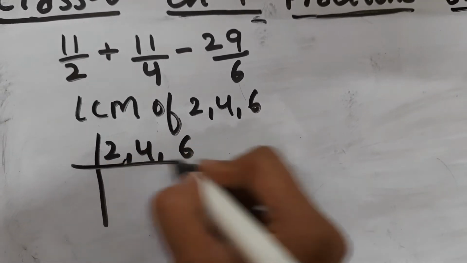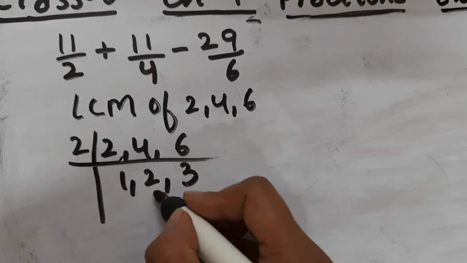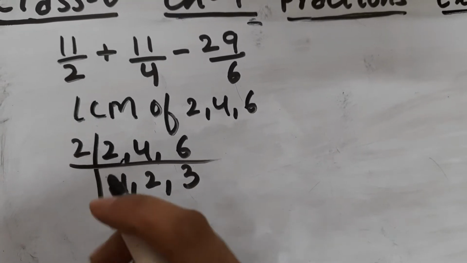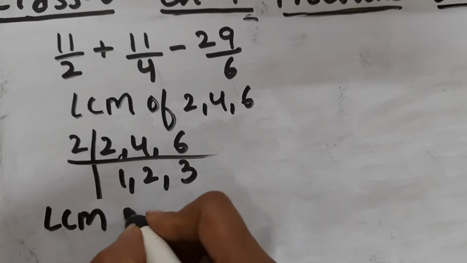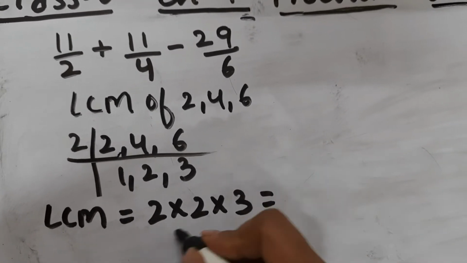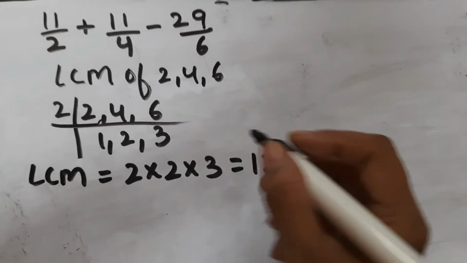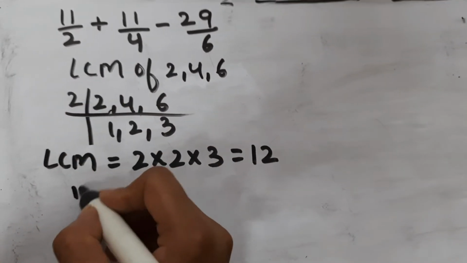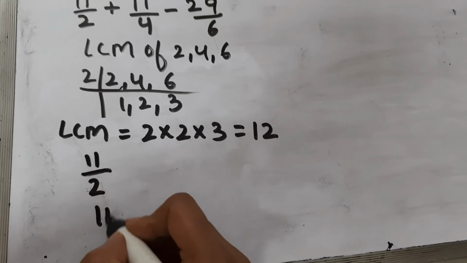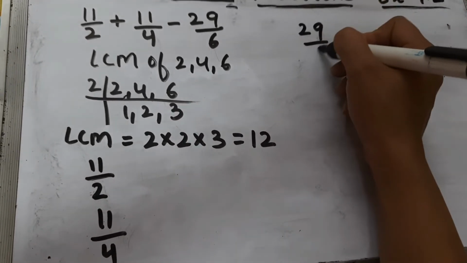See, 2 1s are 2, 2 2s are 4 and 2 3s are 6. Now 2 and 3 are co-prime numbers, so LCM will be 2 multiplied by 2 multiplied by 3, which is 2 2s are 4, 4 3s are 12. Now we have to find the equivalent fraction of 11 by 2, 11 by 4 and 29 by 6 with